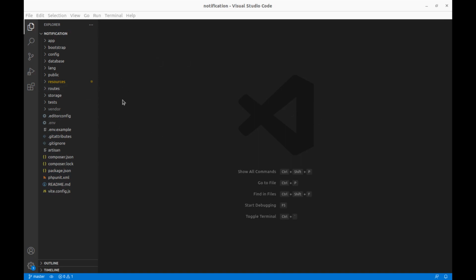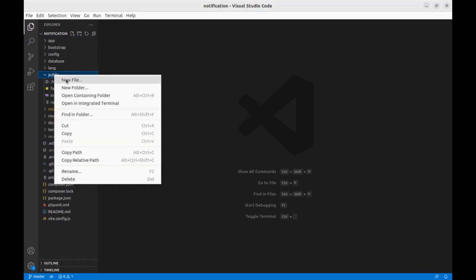Alright, here is a new Laravel project. For sending push notifications to the browser, first we need a service worker to display and handle the notification. A service worker is a JavaScript file and we have to create it inside the public folder because the browser must have access to it. So let's create it here,